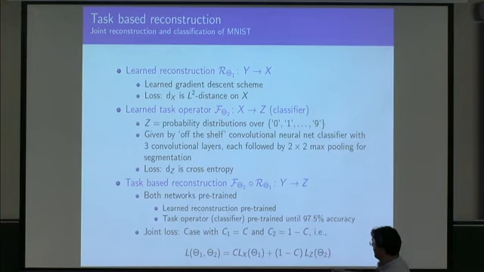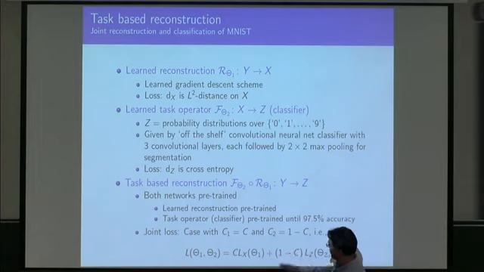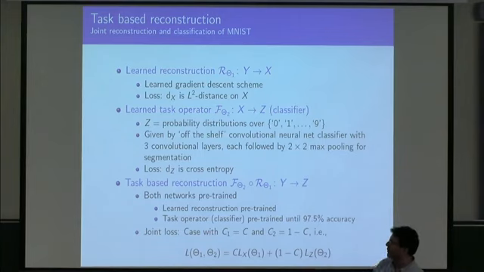And now we actually did it with C equals 0, if I'm not wrong. So when we did the joint training, we didn't at all account for the reconstruction part. Of course, the reconstruction part is in there, but the training is only focusing on the classification part. It was pre-trained, this task operator, and it had an accuracy of about